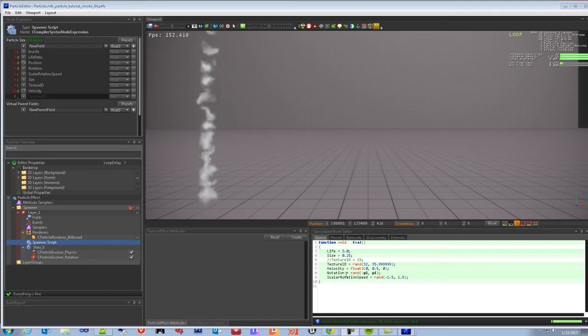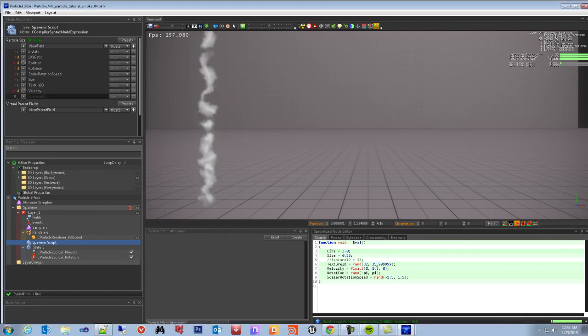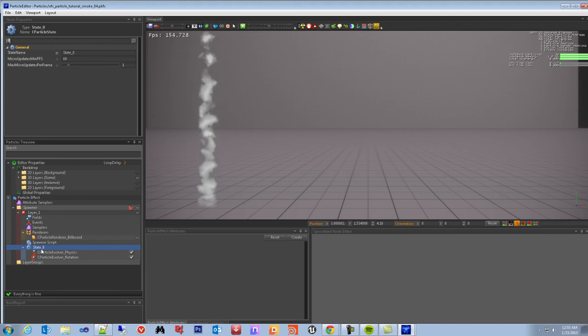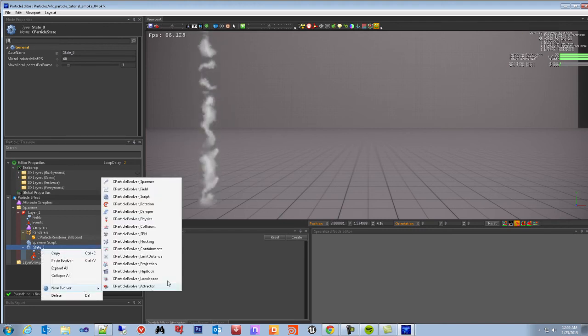Okay, so now that we have added different textures to our sprites, so we're not just using one texture, we're using 4 textures. We have a random orientation when the particles are born, and we are taking that orientation and continuing to spin the particles. That's all good, but let's go further with this. So now let's introduce another evolver, and the one that we want is this one over here, the C particle evolver field. So click on it